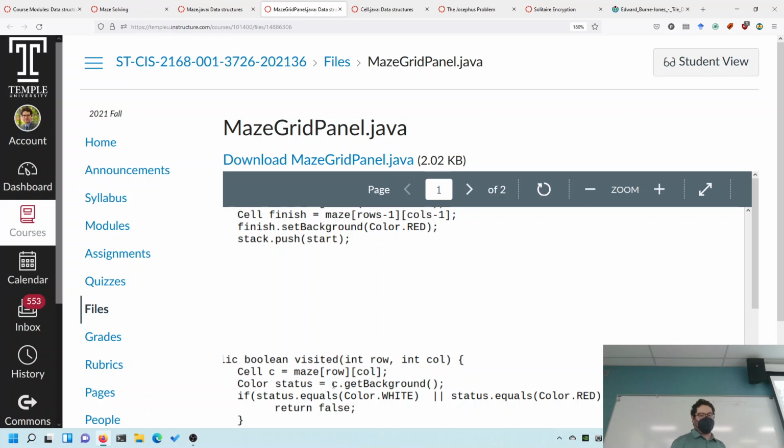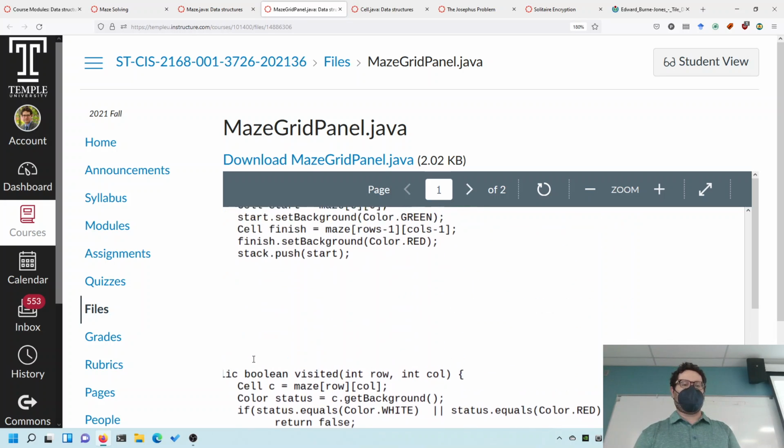So I set the colors of the squares, and then I can just check, hey, have I been to this place yet? So that's us marking our places. If we need to back up, we can. So how do we do that? And how do I move through this maze?